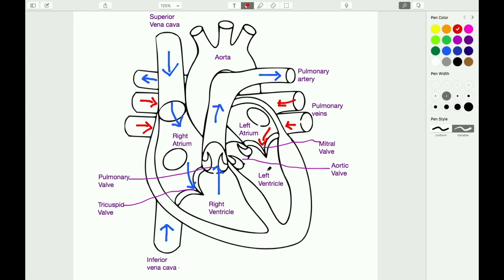Once the left ventricle is filled with blood, the mitral valve closes. The left ventricle then contracts, forcing the aortic valve to open, allowing blood to pump to the aorta, which then pumps around the body,